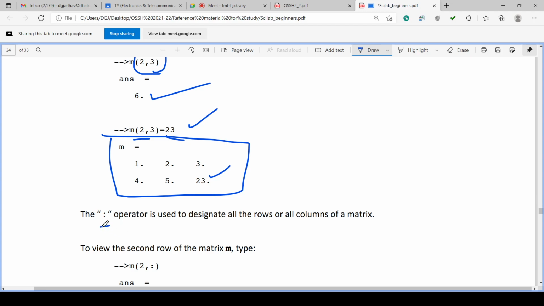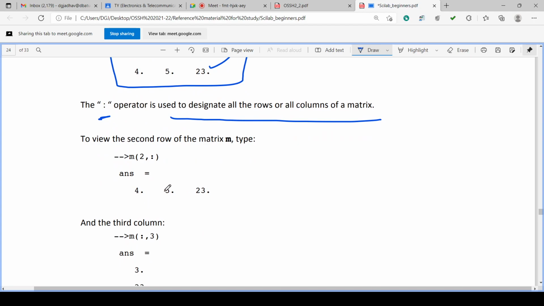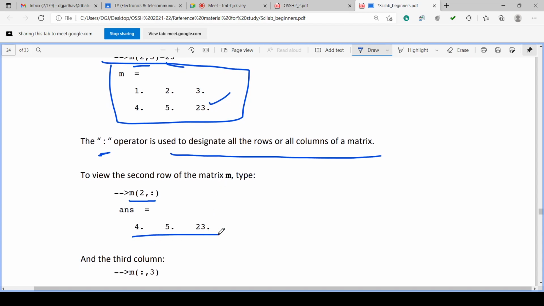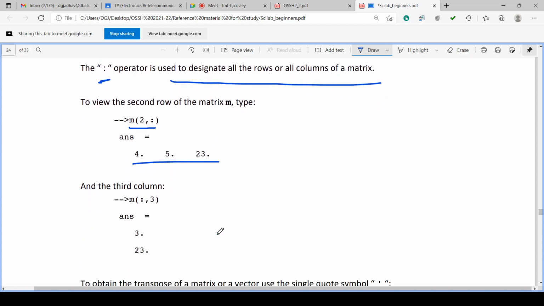So if the colon operator is used, then it can show the initial to final all the values. Suppose m(2,:), second row and all the columns, colon means all the values. So what is the second row? 4 5 23. So the values 4 5 23 are displayed.